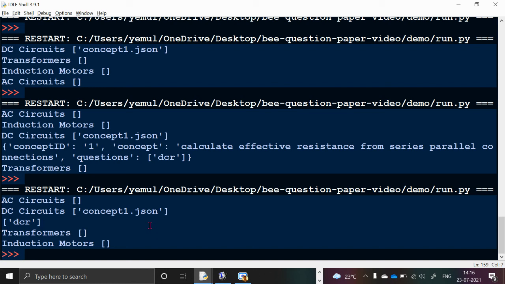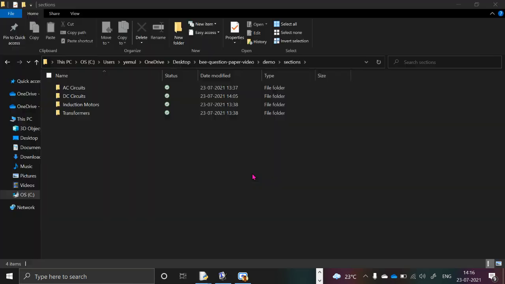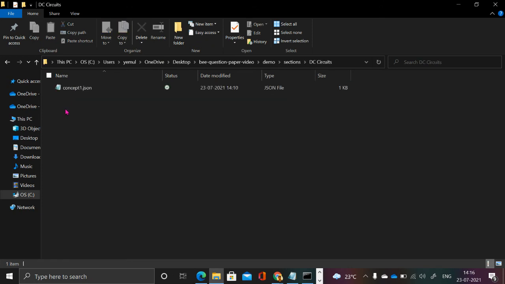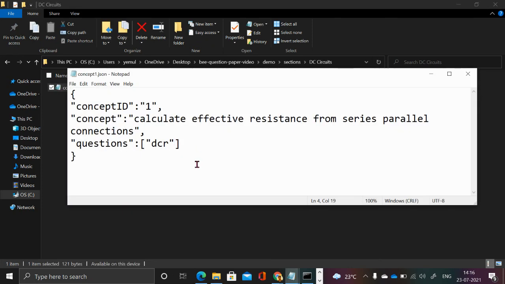So now, in order to write the question into the exam, I can write this DCR into it. Okay, so if I add more questions, so for example, if I go back here and go to DC circuits and in the concept JSON, if I add some more questions here, EQR, some XYZ.